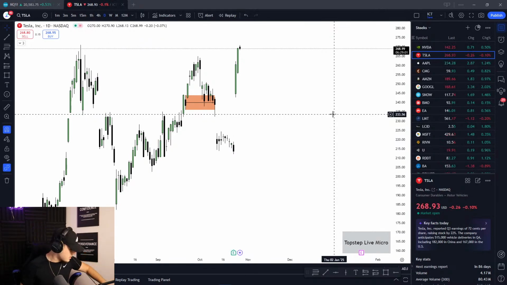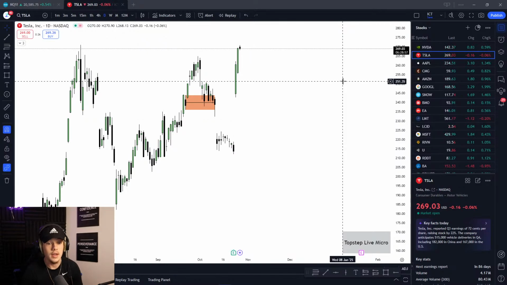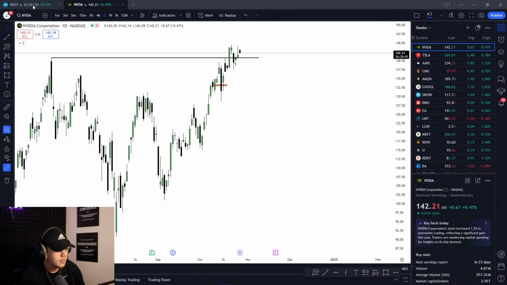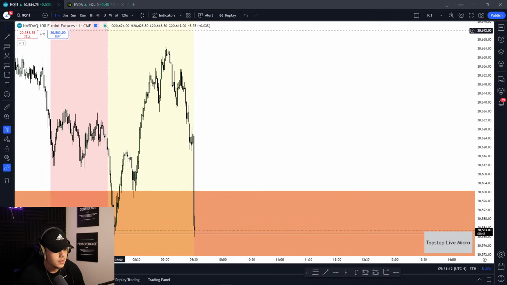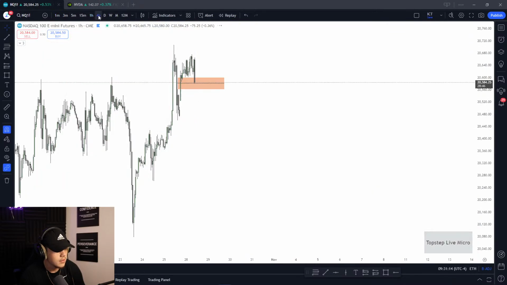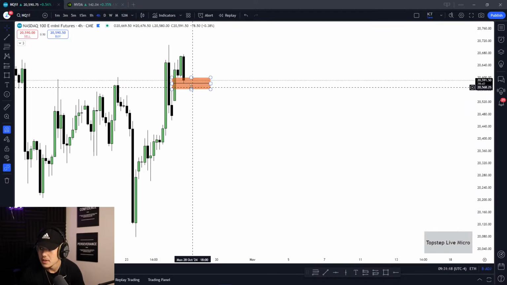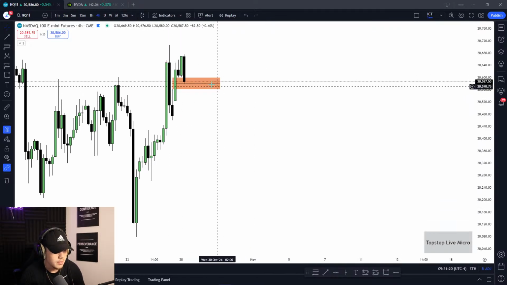We got Google 2%. Nothing crazy. NVIDIA's moving up higher on the open. Nike's ripping lower. So, right, I drew out this for our BC here that I think price could trade into